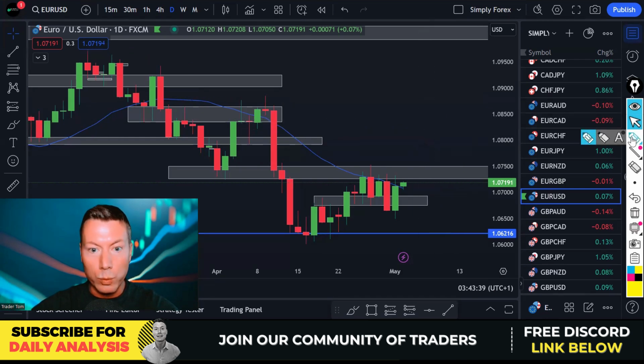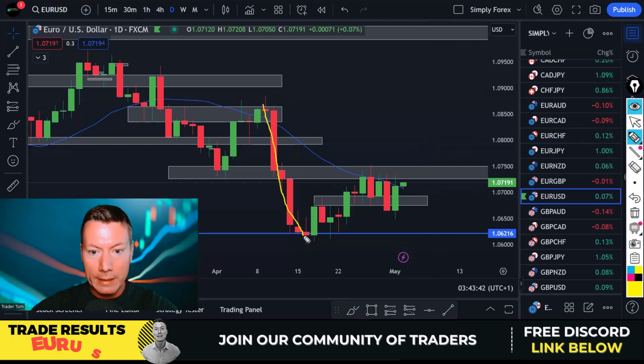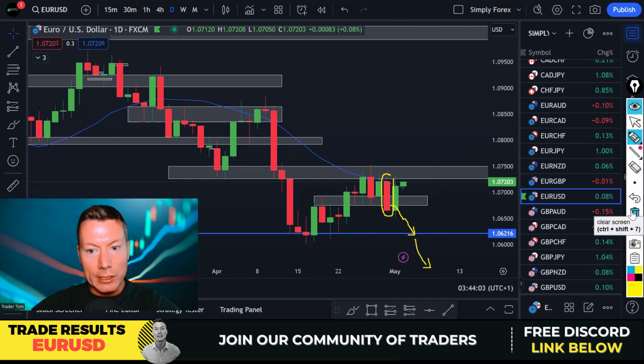And Euro US dollar was one of them. We were in a downtrend, then it became an uptrend. Then when this level broke, it became a downtrend again. We started to get lower lows, okay? We had a nice big bearish candle, and the idea was to carry on lower back down to these lows, if not further, okay? But when you've got the Fed interest rate decision that's going to happen later on, the market just sort of doesn't do a lot until then, pretty much. And then we got this quite bullish reaction. And I'm going to discuss what I'm going to do with these pairs later on in the vid.